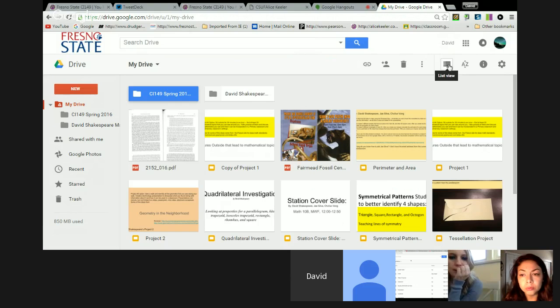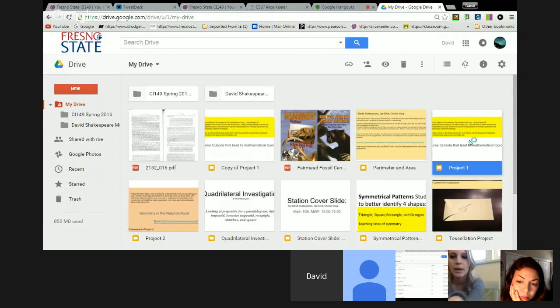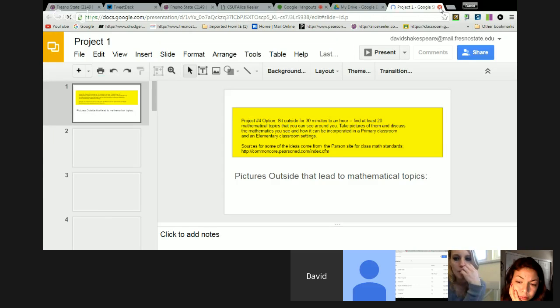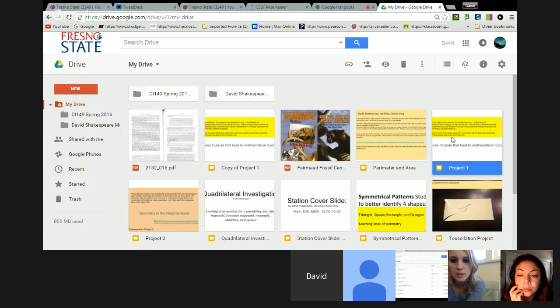Like that? So then click on one of your documents. If you single click on one of your documents, like you have your copy of project 1, click on that. Or that one, okay. So then close that. Okay, when you single click, then the toolbar up at the top gives you some different options specific to